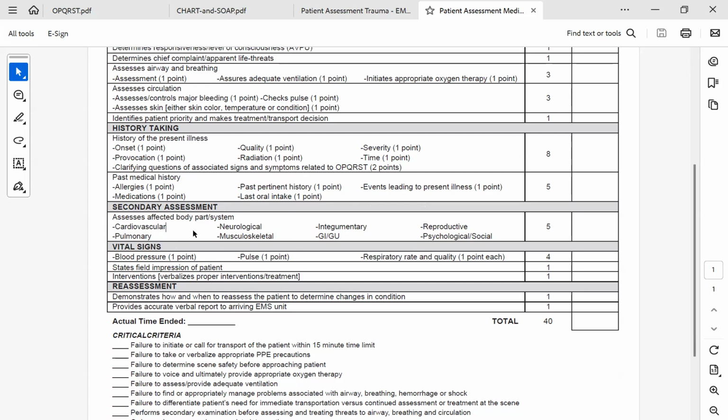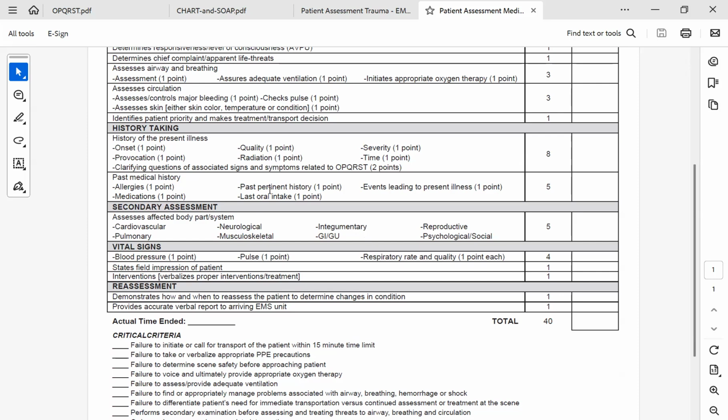If it was a stroke patient, we'd focus more on neurological. If it was something going on with their skin, we would do integumentary. If they're having abdominal pain, we'd go more GI/GU. And those questions that I showed you guys come into play with the secondary assessment for medical. It kind of just gives you a backup of, here are some questions already in my head that I can ask these